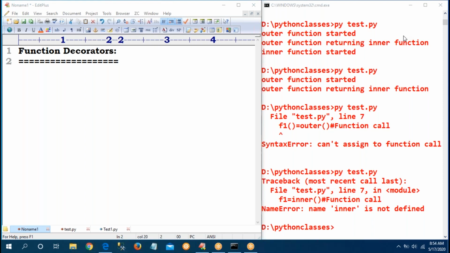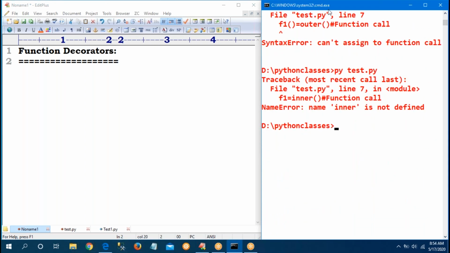Now I will give one small example. In Telugu we call it Pelli Chupulu, in English matchmaking.